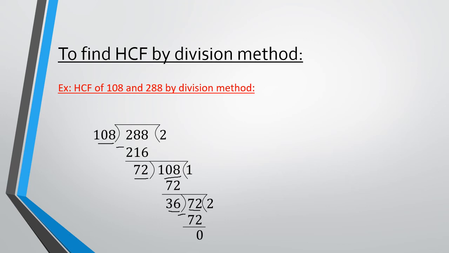If I get my remainder 0, I am going to stop right there. Otherwise, I am going to keep on repeating these steps until I get 0. In the last step, whichever is your divisor is the answer, that is my HCF. Is it clear, children? That will be my HCF.